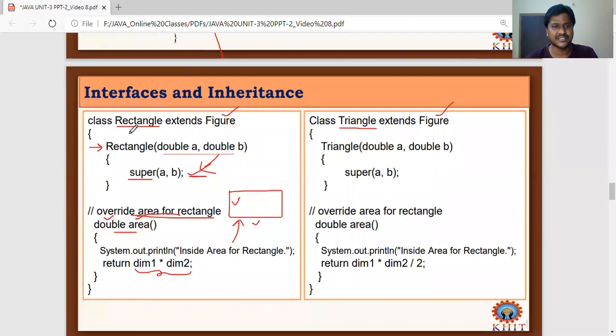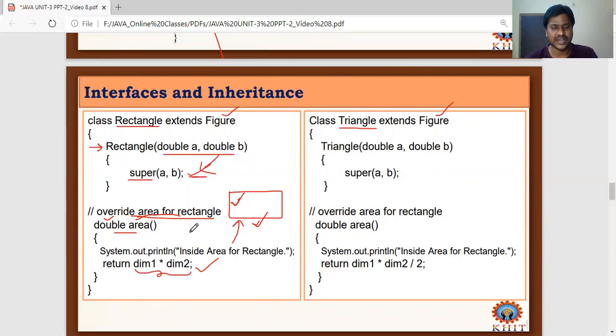Whereas this subclass Rectangle, consider it as a rectangle figure having dimension 1 and dimension 2, and the implementation of the area calculation of this rectangular figure by multiplying those two dimensions. Got it?